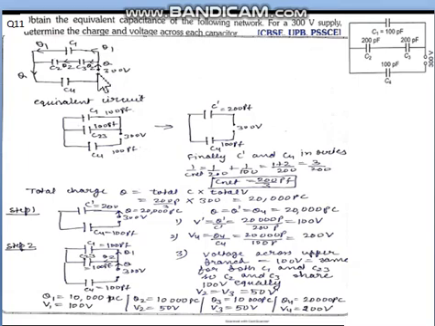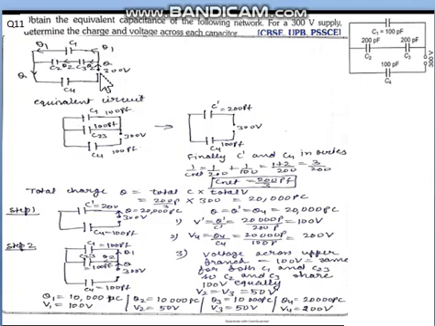This is the 300 volt battery. From here we have taken charge Q. Now as soon as the charge reaches here, it will be divided into two parts. Suppose Q1 is flowing in the C1 capacitor, the upper branch, and Q2 charge is flowing in the second branch. So C2, C3 are in series because the same charge is flowing through C2 and C3. Then as Q1 and Q2 reach this point, they will be combined again and become Q, which will flow through the C4 capacitor and return back to the battery.